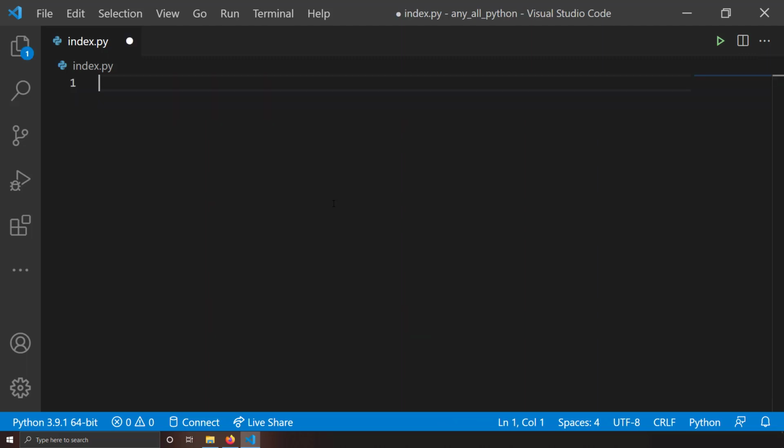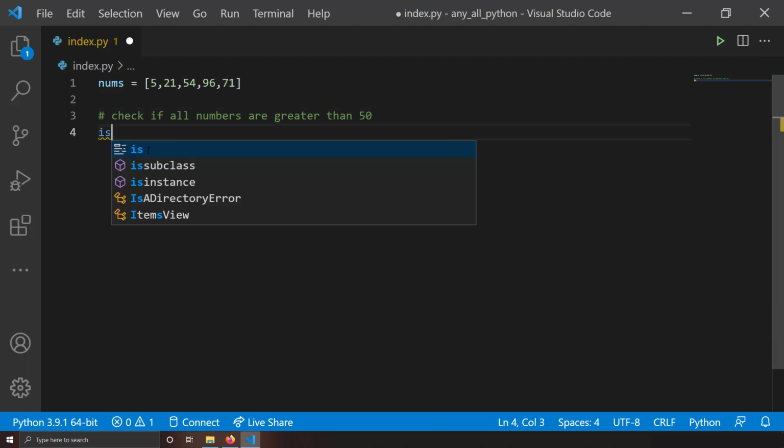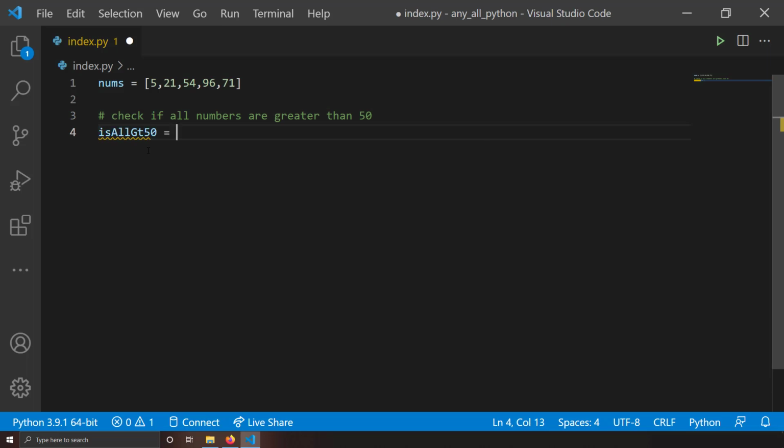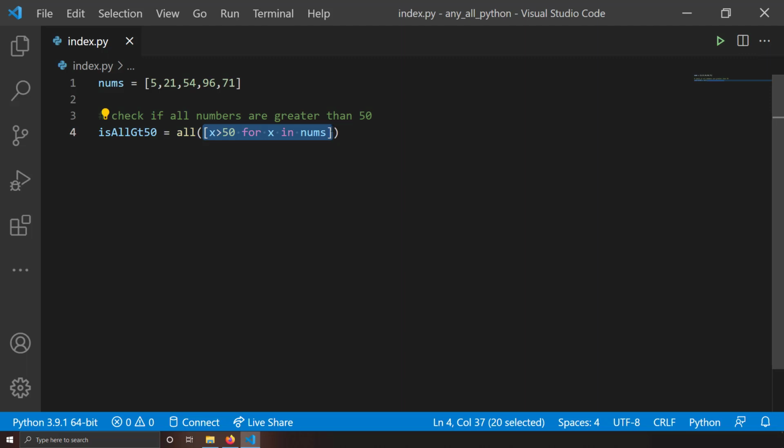So let's take another practical example. If I have a list of numbers something like this, and if you want to check if all the numbers in this list are greater than 50 or not, I can use the all keyword to compactly and expressively write that code. Let's create a variable called is all greater than 50, and here if I write all of, and here I have to supply a list of elements which corresponds to whether each of these elements is greater than 50 or not. I can do that using a list comprehension. I'll just write x greater than 50 for x in numbers. Using this list comprehension statement, I'm transforming each element in this numbers list into a true or false value depending on whether it is greater than 50 or not. So that means this element will be evaluated to false, this will be evaluated to false, this will be evaluated to true, and so on.